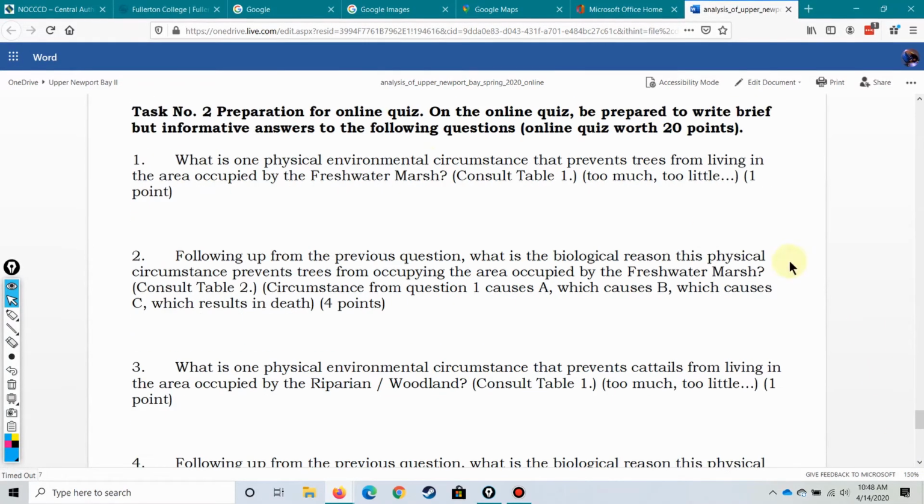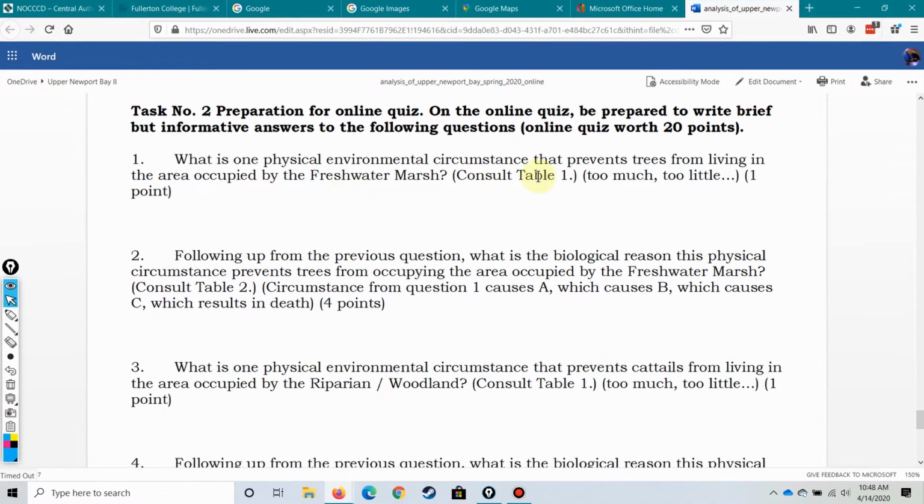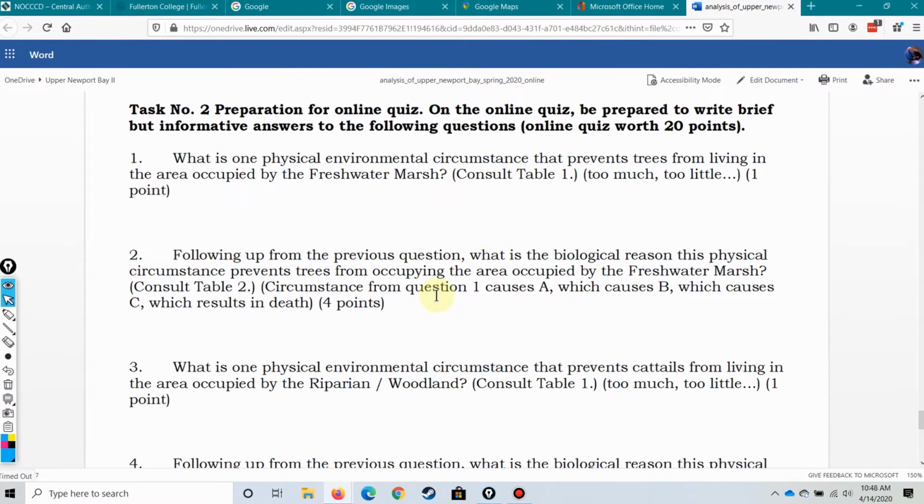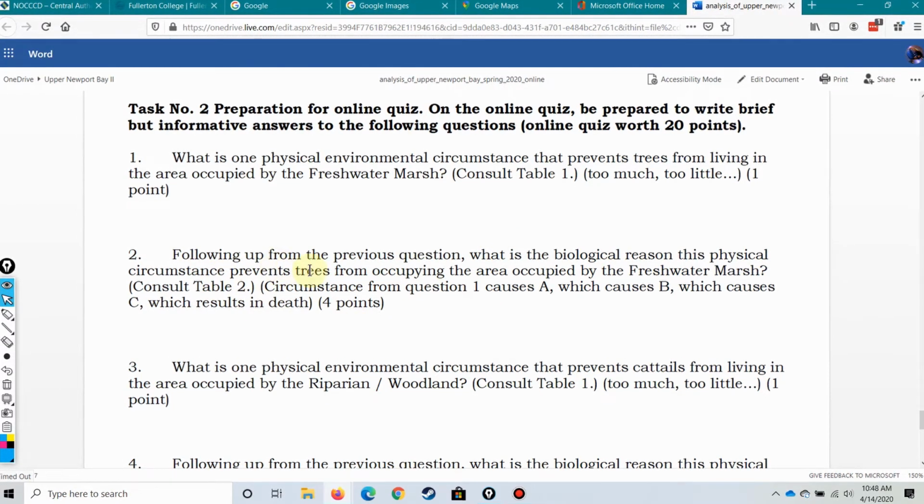So in the first question, I asked you a simple question: what's one physical environmental circumstance that prevents trees, and then consult Table 2. Consult Table 1. So I just went over that with you. Second question, or the follow-up question, is,